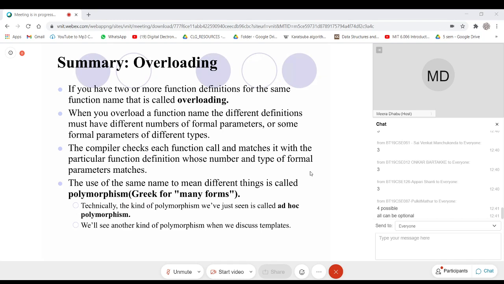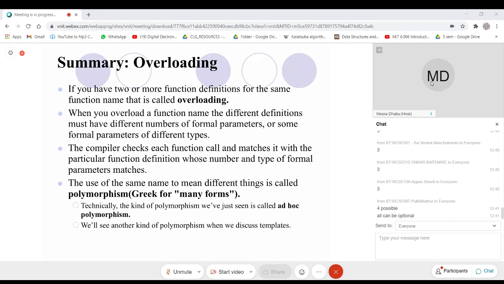Either on the number of parameters or on the type of the parameters you can overload. Remember, you cannot overload on the return type. Make a point, note this down. You cannot overload on the return type.